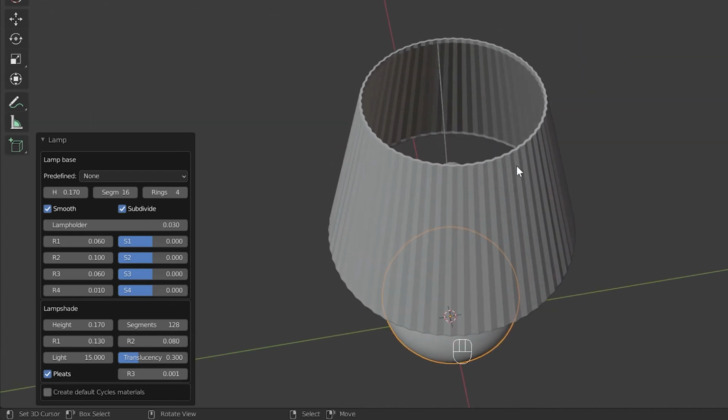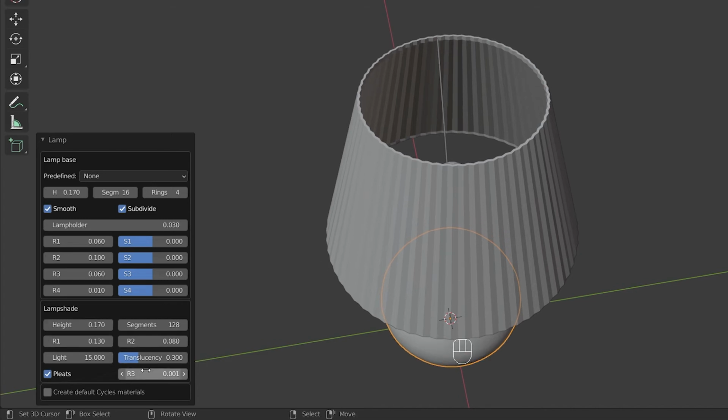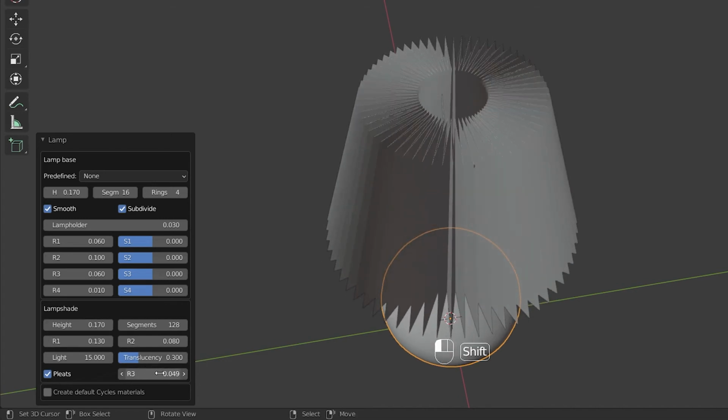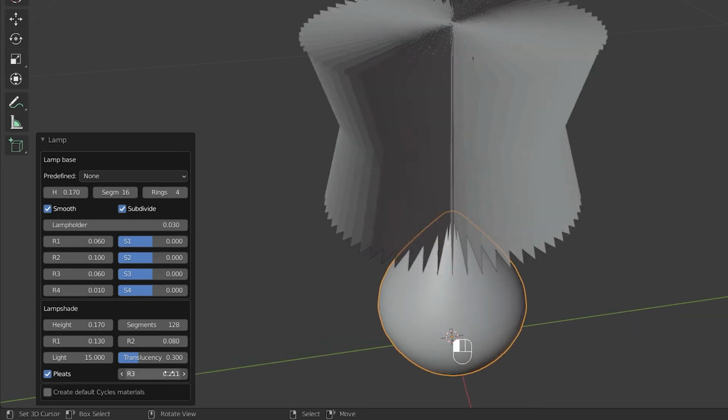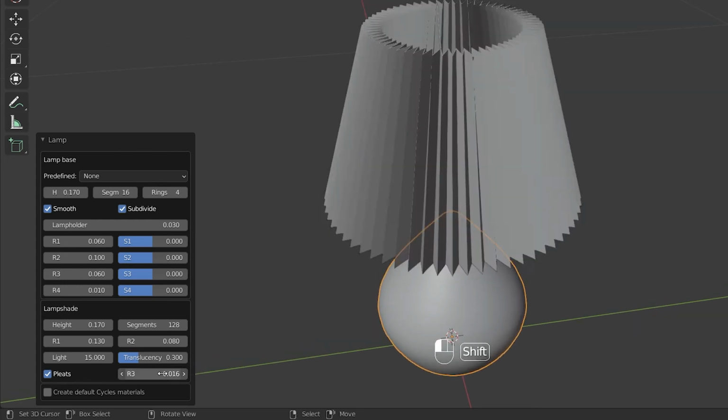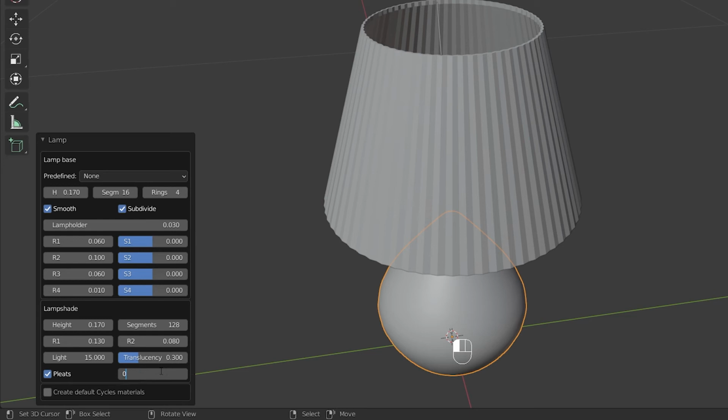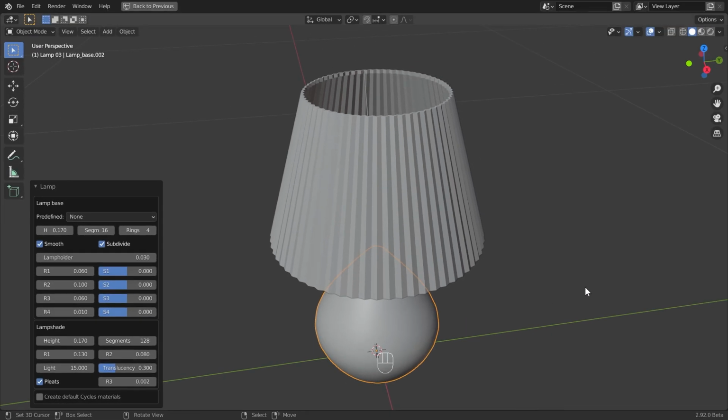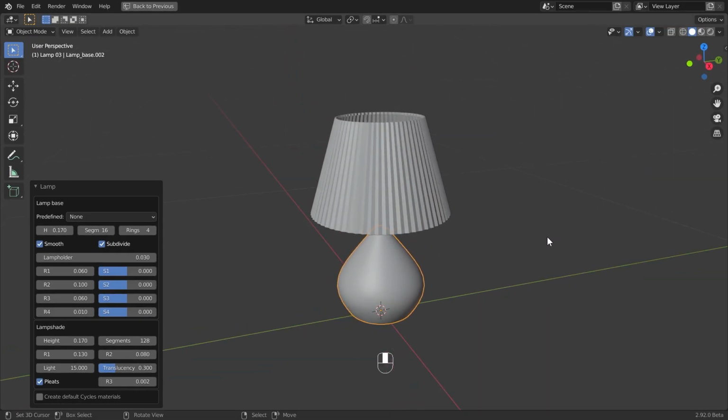And changing the R3 value of this option changes the depth of the ripples here. Change this R3 value to 0.02 for this lampshade. After setting this, the modeling work on this lamp is now complete.